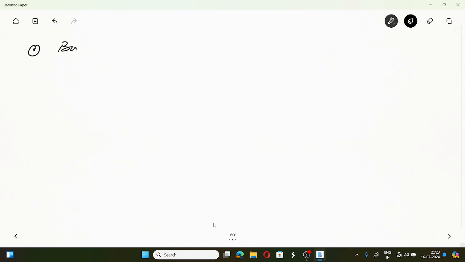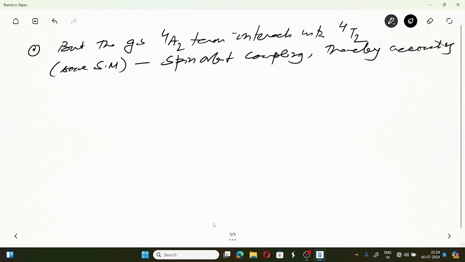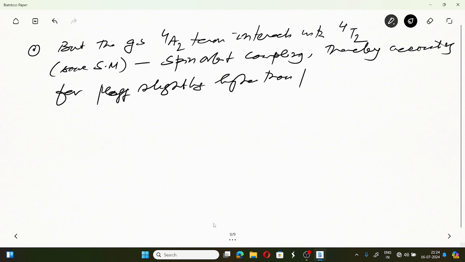তারপর কি বলবো? But the ground state quartet A2 term interacts with quartet T2, অর্থাৎ সেম স্পিন মাল্টিপ্লিসিটি দিয়ে, স্পিন অরবিট কাপলিং। Thereby accounting for mu effective slightly higher than mu s, thereby accounting for mu effective being slightly higher than mu s, তাই তো, সব কটার ক্ষেত্রে।